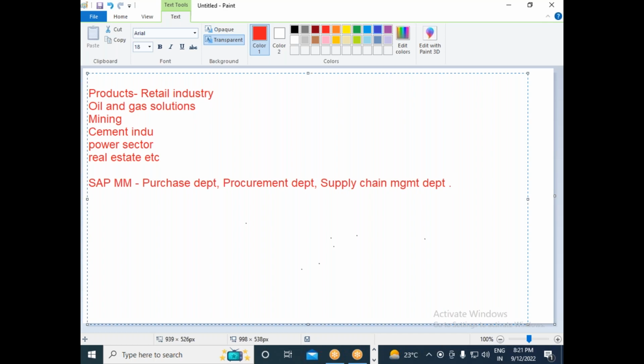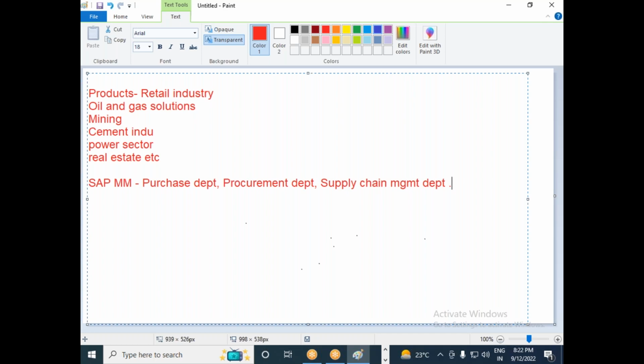So you are working as a SAP consultant, right? If you are working as a SAP materials management consultant, you need to understand the procurement department related activities thoroughly. If you know the procurement related activities thoroughly, mapping them into SAP software is quite easy. That is one of the added advantages which you have. You said that you have 7 years of experience, right? It will definitely be an added advantage for SAP consultants.